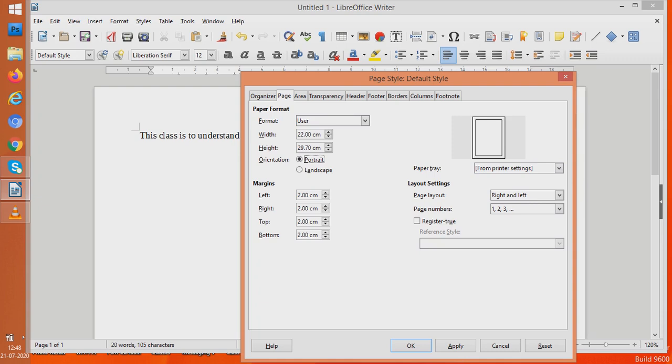Now what is increasing the size? Here when I said width and height, it actually increased the size of the page. But if I want to keep the size of the page same, but I want to change the margins of the page, that is, I want to make the text start from a distant place at the right side where actually it has started, or towards the left.